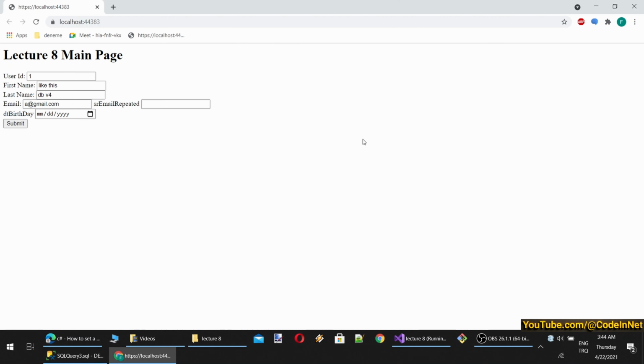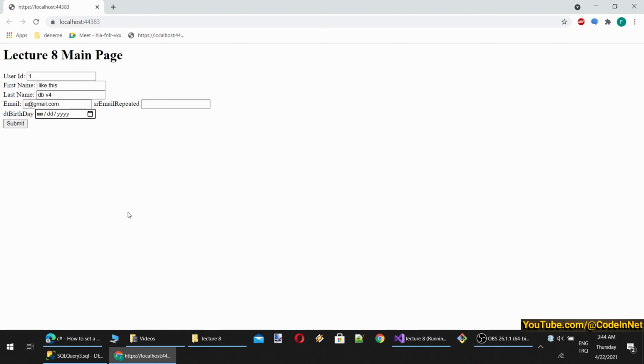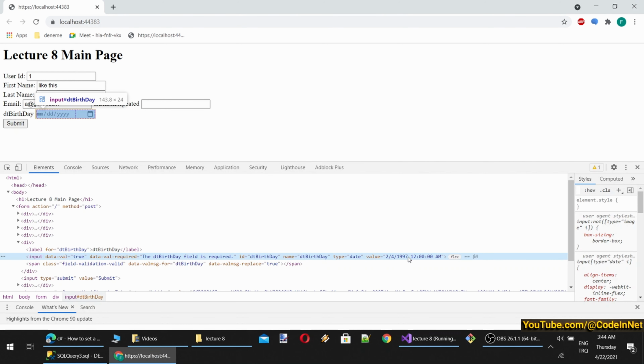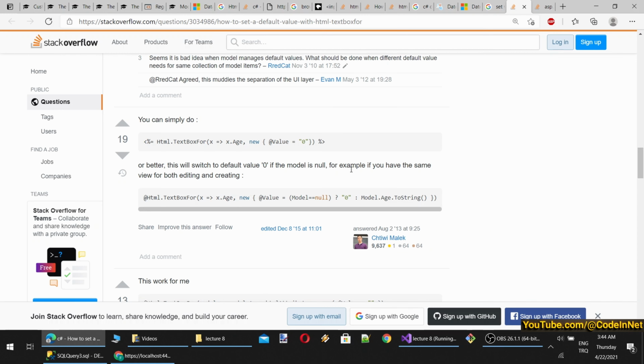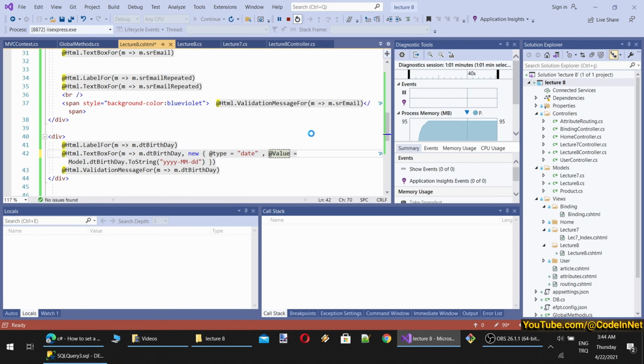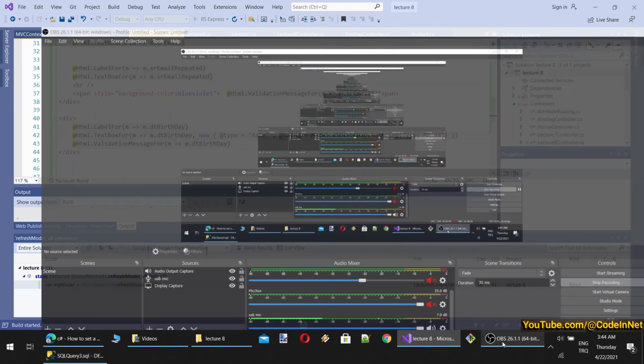Let's test it. Okay. And oh, it is still not loaded, so the value is not set. I think maybe this requires a bigger string like this. Yeah, it is expecting something like this. Yeah, that is our mistake. Let's restart. It may also be case sensitive, but I'm not sure about that.